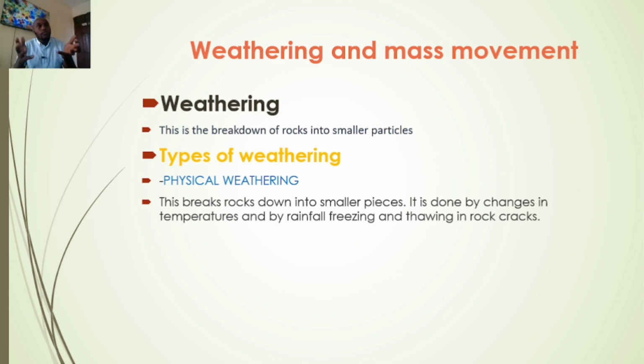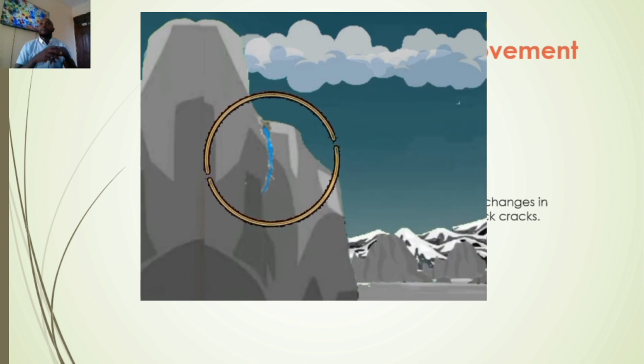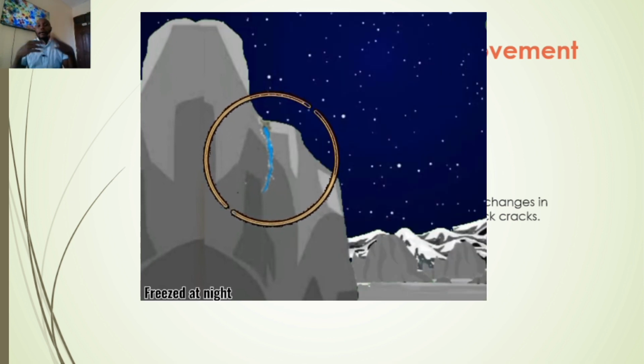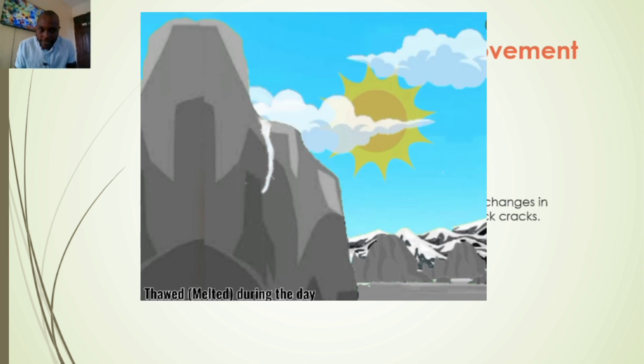Okay, so think of maybe as rainfall has fallen maybe on rocks, and then because of lower temperature it is going to cool. When it cools, it expands. Remember, it's from kind of a solid, it's ice. Okay, so it freezes, and then when temperature is high, it expands. You see now it's expanding the cracks of those rocks. That is physical weathering. It is going to break down that rock due to that freezing and then thawing.